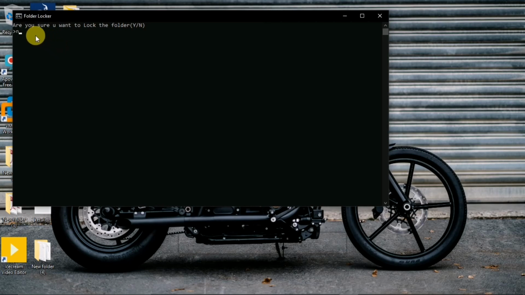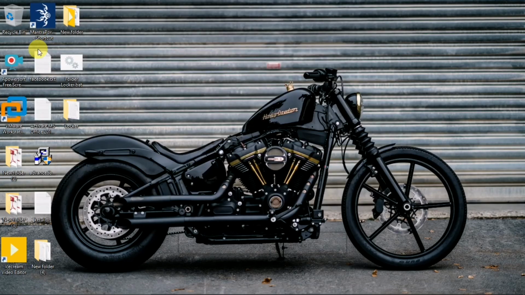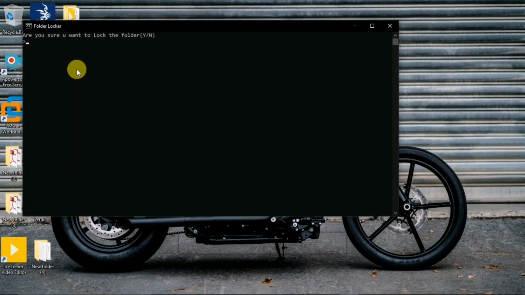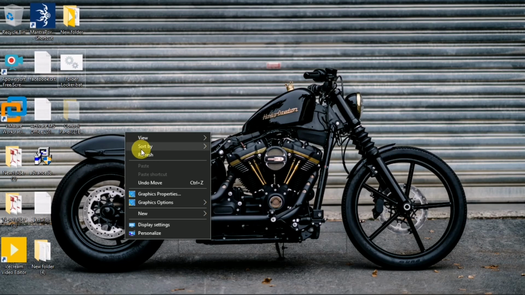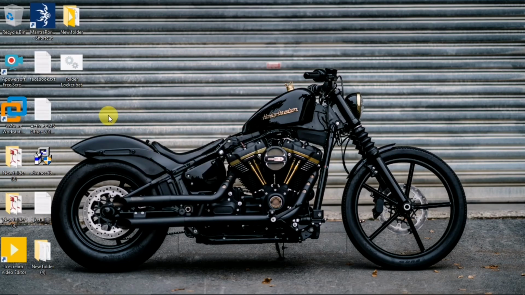If you type N, then the folder is not locked. You just have to carefully press Y to lock the folder. Just refresh it, right click and refresh. Boom.